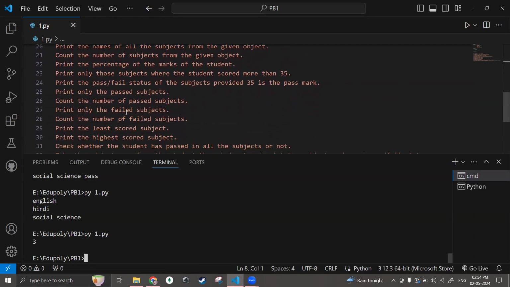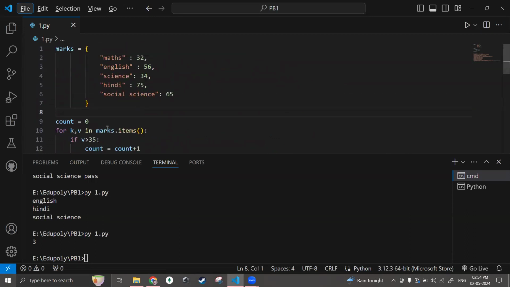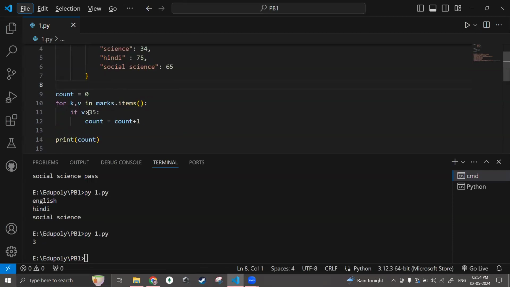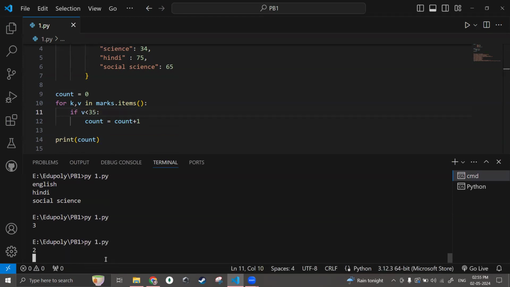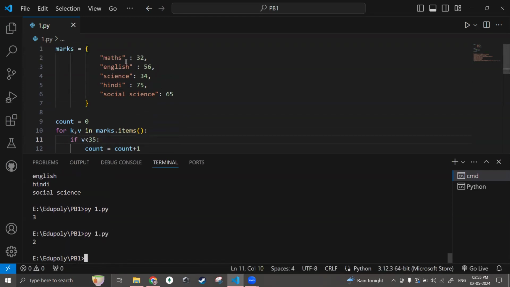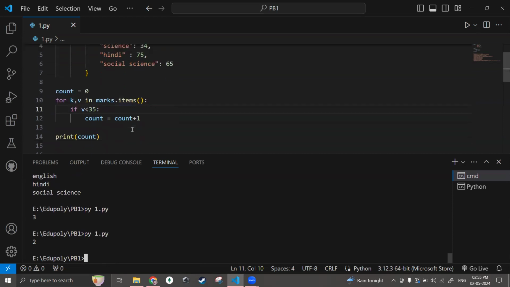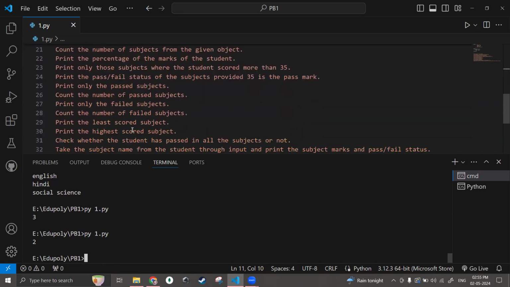Next, then same way failed subjects. So that is a very basic thing. What I can do is I just change this. Instead of greater than, I write less than. Okay. And then, when we are checking for passed subjects, I should not use greater than, I should use greater than or equal to. Right. In the same way, if I go for less than, I will get two subjects, that is maths and science. Next,